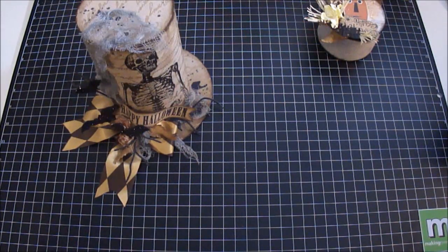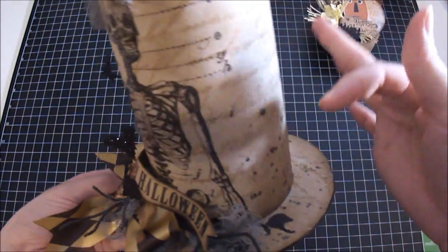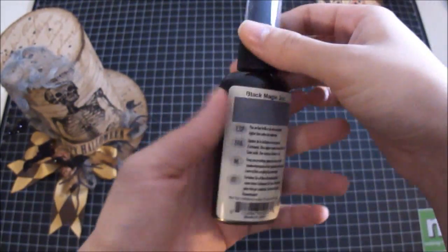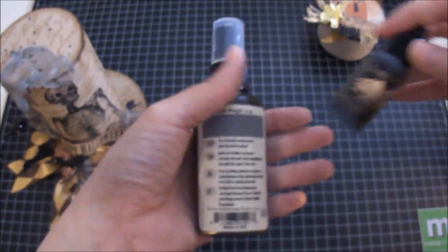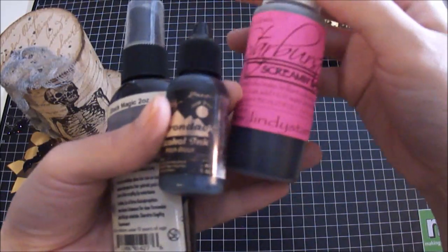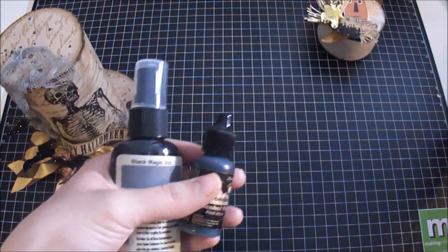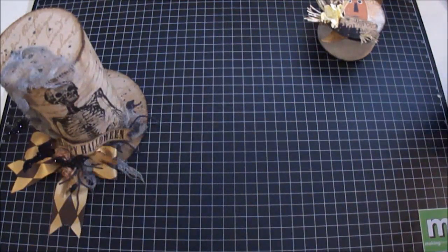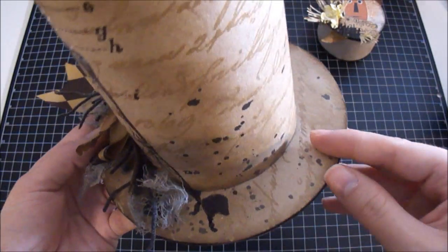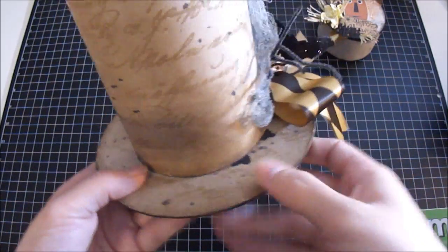And I used Tim Holtz Walnut Stain to distress all the edges. And also to do all the distressing around, I used the Tatter Angels, the Black Magic, and also Ranger, the alcohol inks, the pitch black. And then I also used the Screaming Banshee Black from Lindy Stamp Gang, the Starburst stains. So I used 3 different black tones to distress the hat. So this is where I used all the 3 tones from black to distress the hat everywhere. I'm really happy how it turned